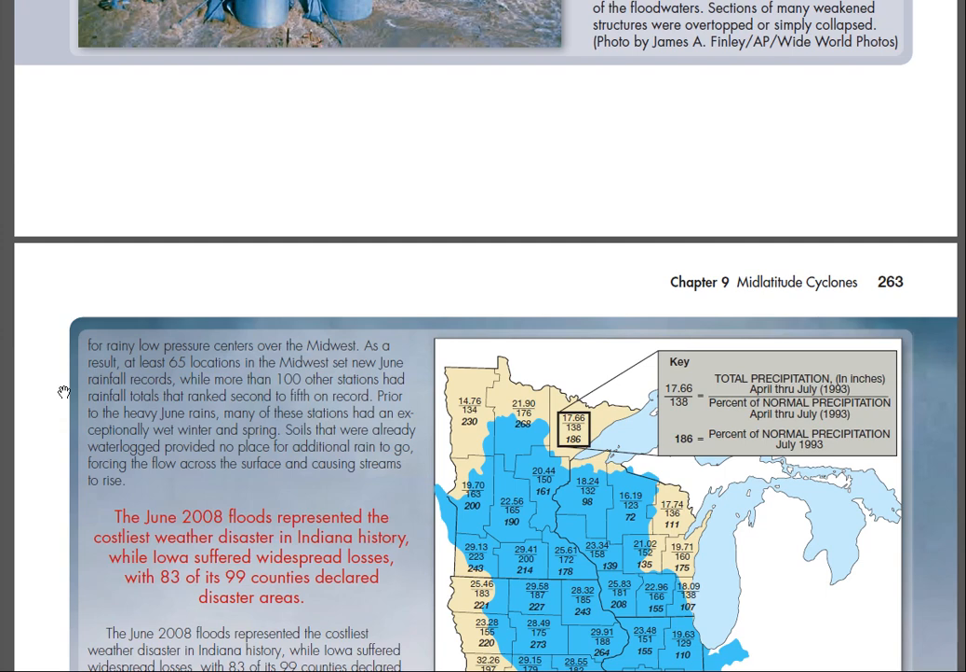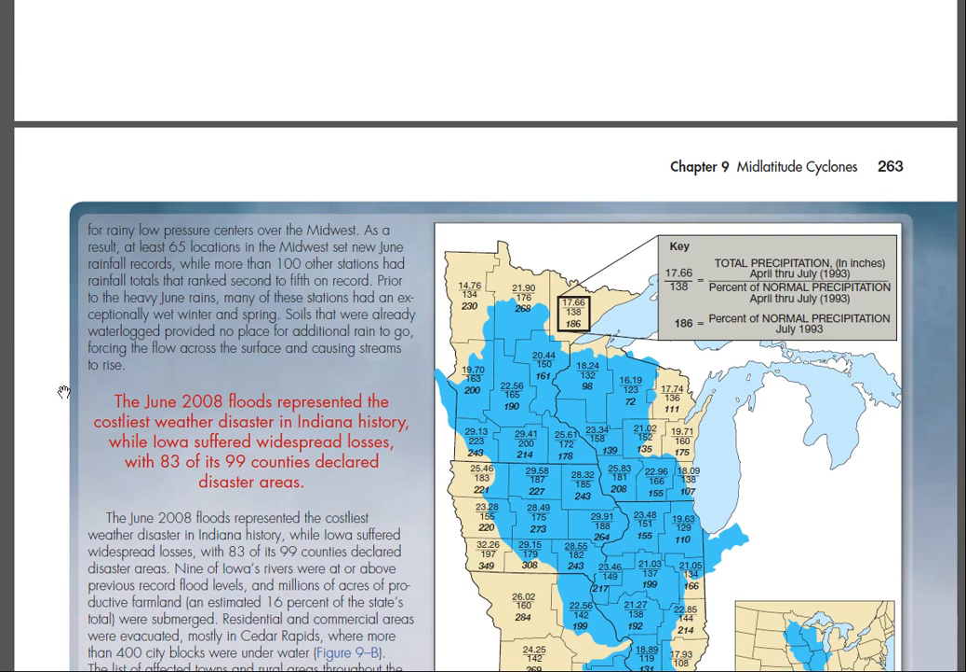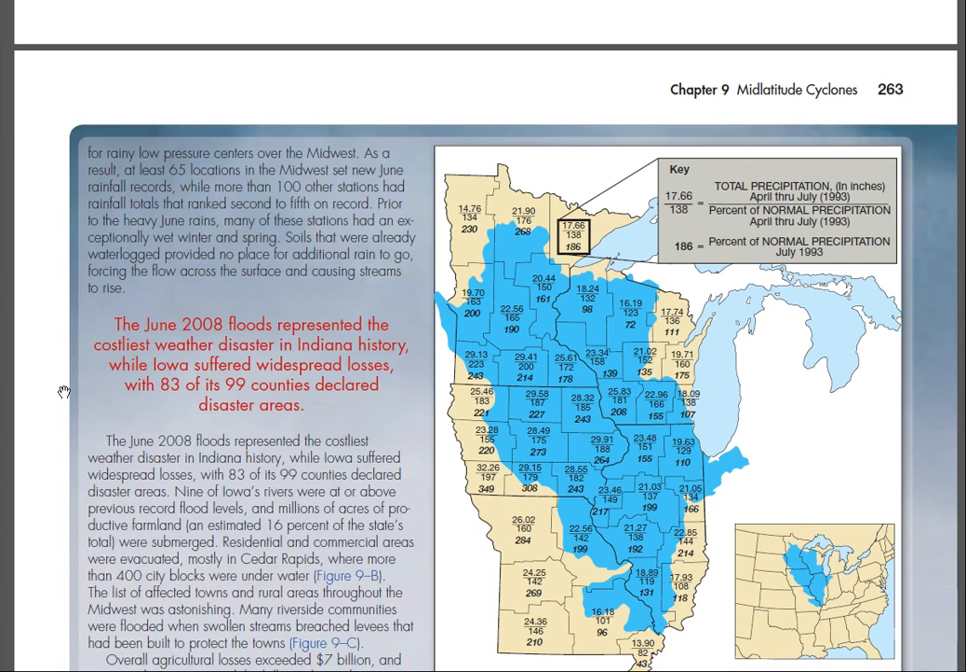Prior to the heavy June rains, many of these stations had an exceptionally wet winter and spring. Soils that were already waterlogged provided no place for additional rain to go, forcing the flow across the surface and causing streams to rise. The June 2008 floods represented the costliest weather disaster in Indiana history, while Iowa suffered widespread